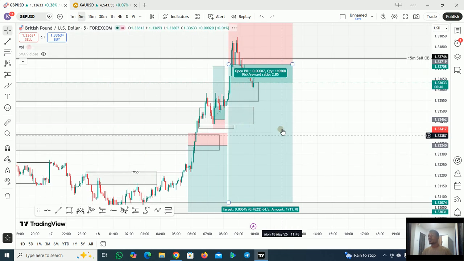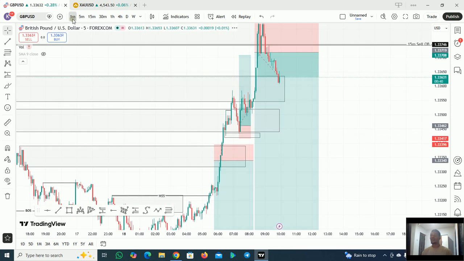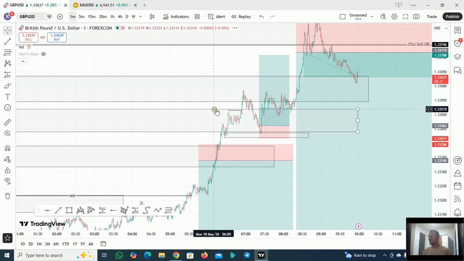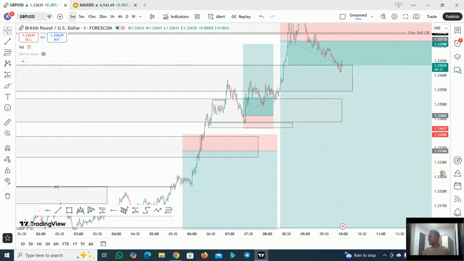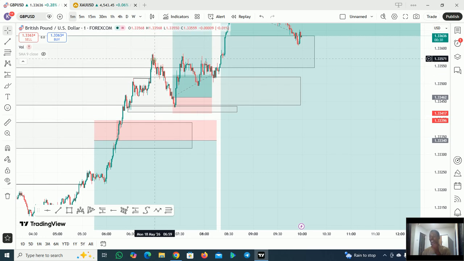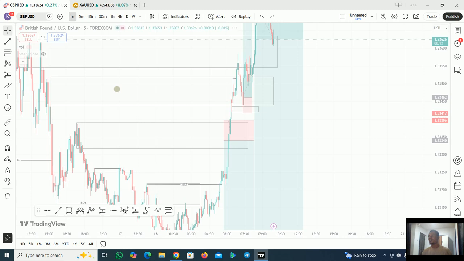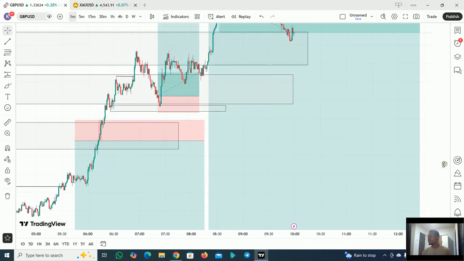So price already mitigated it. When price got here, I figured out this order block on a 1 minute time frame. When price got to that liquidity zone, price was retracing back. So immediately price mitigated it right here, right on that zone. So price pulled back to the nearest order block. This order block was on 1 minute. If you go down to 5 minutes, we'll see the other block well. So I figured out my entry on our 1 minute time frame.